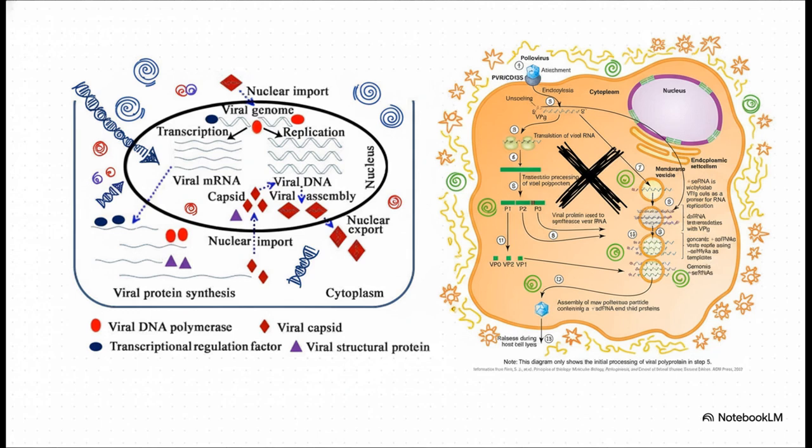And this slide shows two totally different ways of navigating that cell. Over on the left, you've got your typical DNA virus. It kind of follows the host's logic. It gets its DNA into the nucleus to use all that lovely transcription machinery that's already there. But look at poliovirus on the right. It's an RNA virus, and it just completely ignores the nucleus. Its entire life cycle, translation, replication, assembly, it all happens out in the cytoplasm. It basically treats the nucleus like it doesn't even exist, which just goes to show how viruses can exploit different compartments to suit their needs.